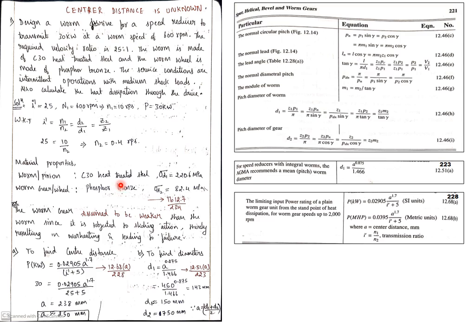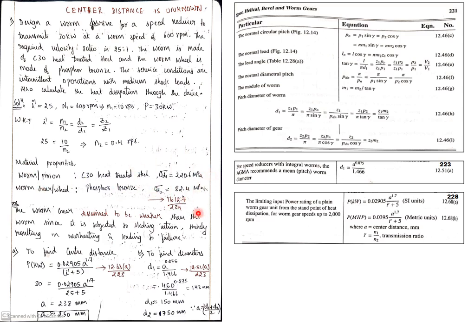Okay guys, the next thing is the worm gear. Okay, he has given phosphor bronze as the type of material for that. Okay, next thing, since he has not mentioned the sigma d values of both, you can go to page number 234, table 12.7, corresponding to the heat treated steel and phosphor bronze materials of the worm and worm gear. You will get sigma d1 and sigma d2.